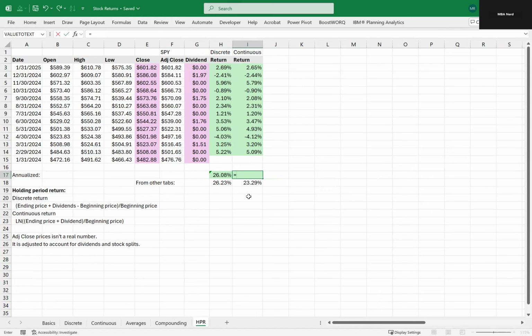Same thing for the continuous return. I'm just going to do ln, open parentheses, this ending price plus all of the dividends. We're just, again, assuming that they're all happening at the end of the period, divided by the old price. Whoops. Yeah, I want the, okay, 23.17. So that is similar. That's really close as well. And that's just this holding period return idea, which encapsulates the capital gain and the dividend yield at the same time. And we're calculating all that, and we can do averages and stuff like that with this as well. So